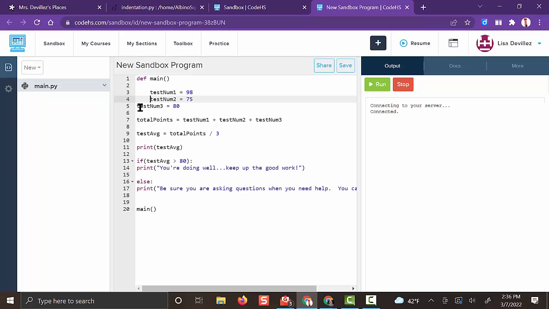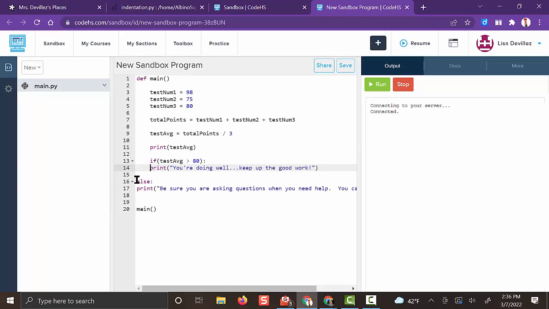So I'm going to move everything that's inside my function over. Okay, so that tells it all of this code is a part of this main function here. Then, whenever I do an if or else statement,